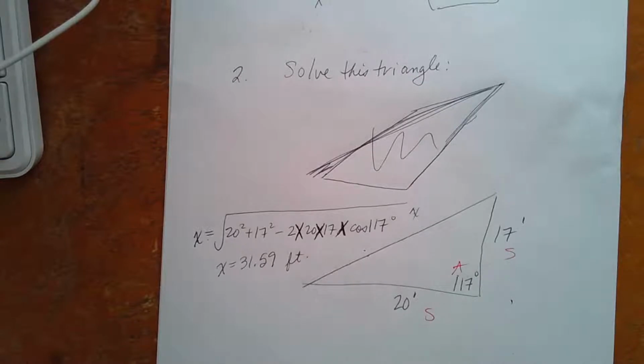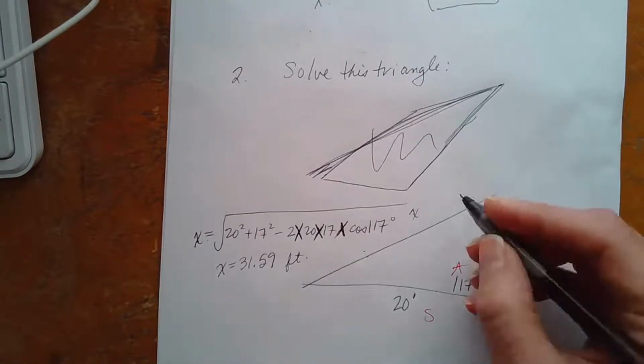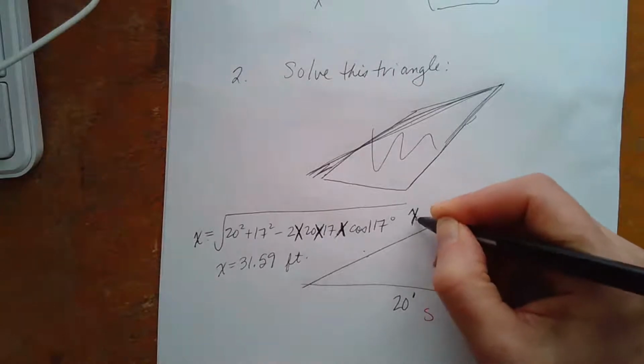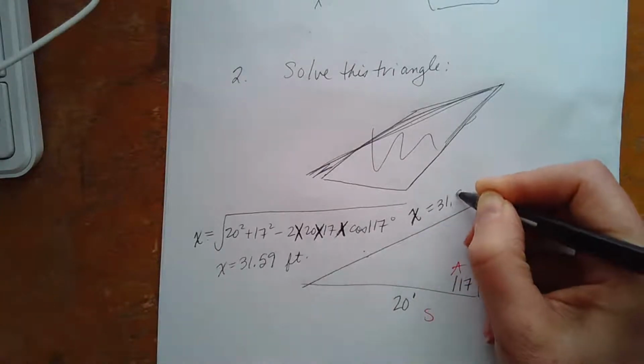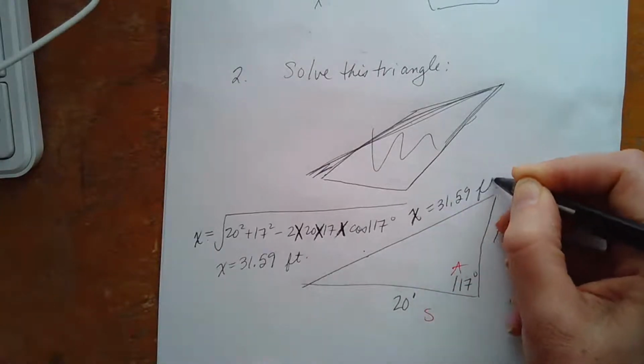I'm just going to look up your answer again. Okay, I'm just going to try and find it again. So if X equals 31.59 feet,